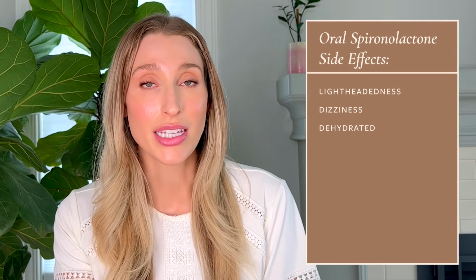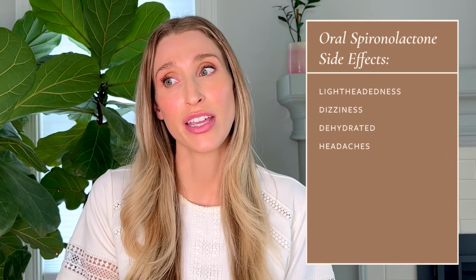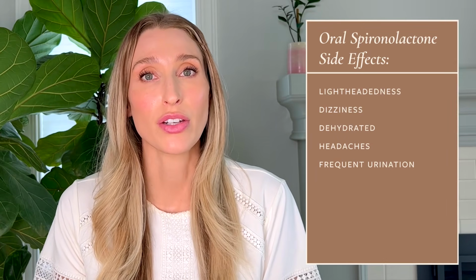So remember, spironolactone is a potassium-sparing diuretic, meaning that it helps you pee out excess fluid and hold on to potassium. So some side effects are potentially related to that. You could get lightheaded or dizzy if you were to get dehydrated. You could have a headache. Those are probably the most common things. Or you could even appreciate feeling like you have to go pee more often or more intensely. Now, most of my patients never report any of that, but those are things that I would have my patients